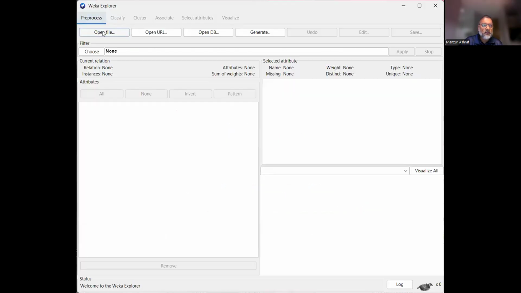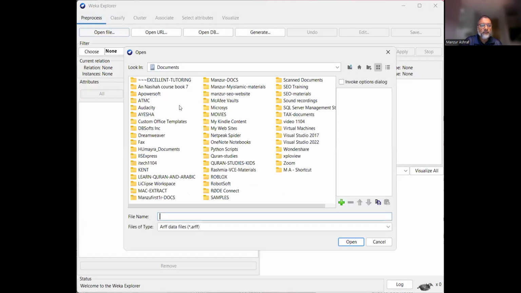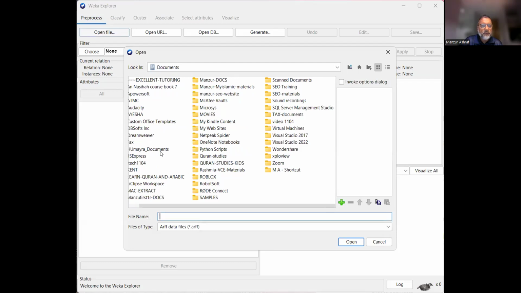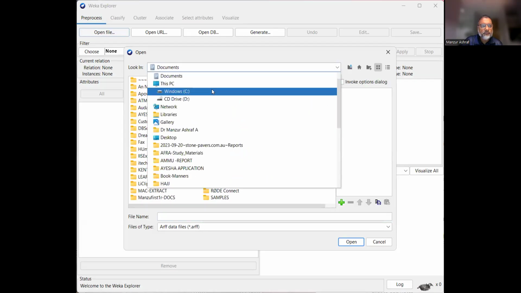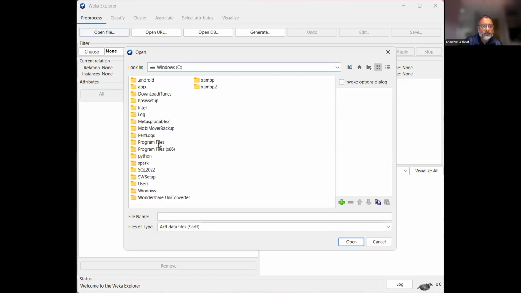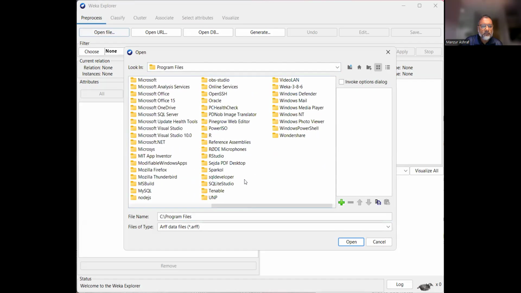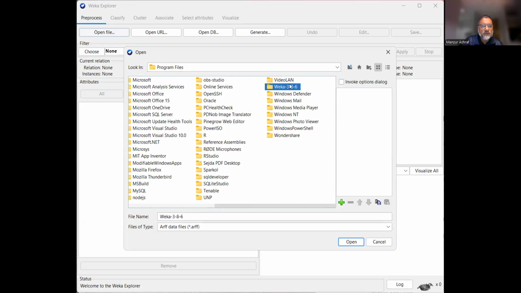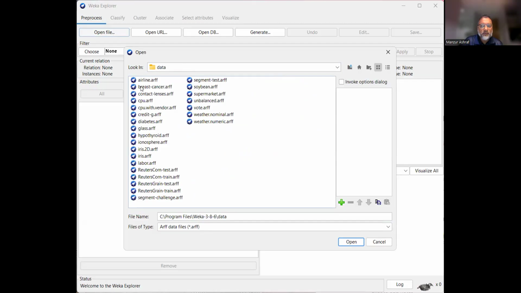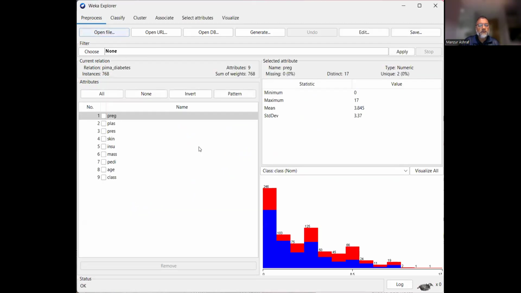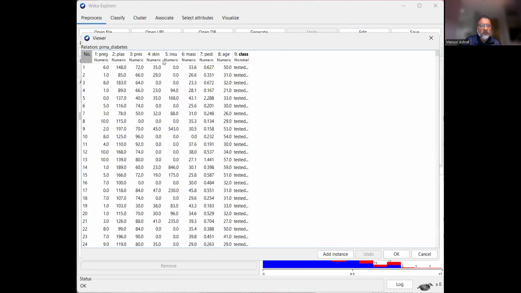In WEKA, I click open file, and I can find the program files, C drive, the WEKA data, and say diabetes. Okay, so if we look at the data, include the edit to find all the data,